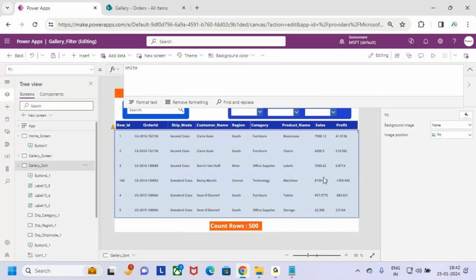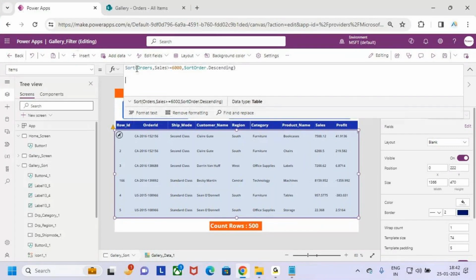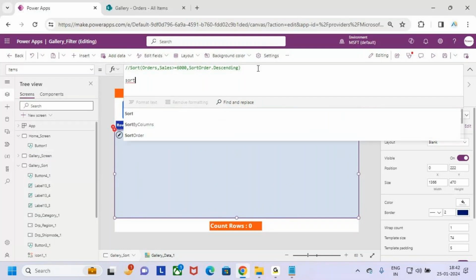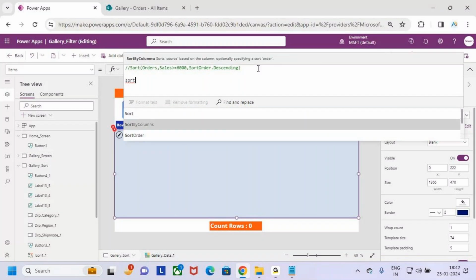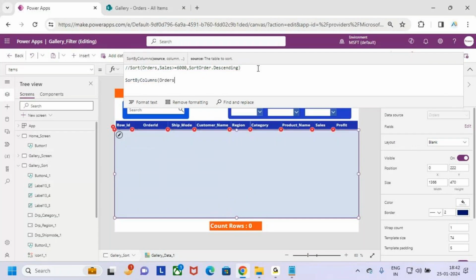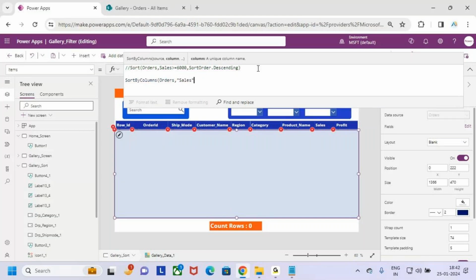Now how to go and keep that data in proper order means, first of all, what I need to do here is, let me keep it in the comment. First, what we need to do here is, first let me go and use the sort by columns. First go and use the sort by columns. I want to sort the data based on the orders list. In the orders list, let me sort the data based on the sales column,